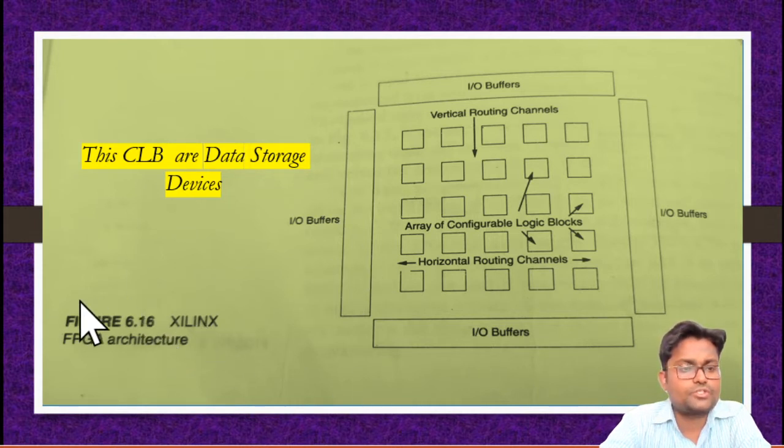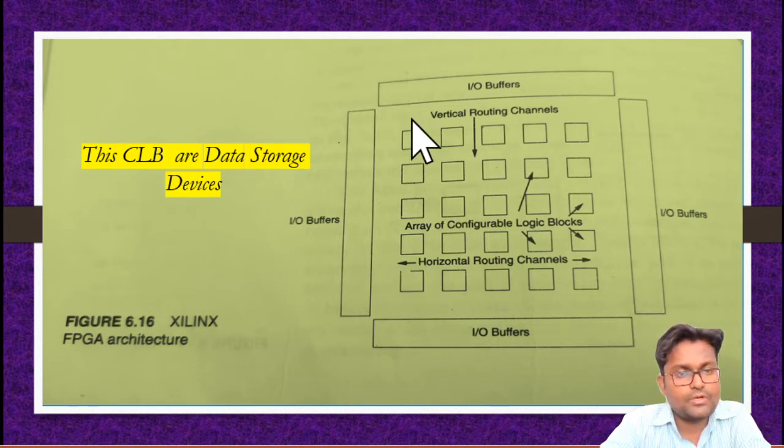We can see the architecture of the XC3000 series in our next slide. This is the whole structure of the Xilinx FPGA. Here this square block represents CLBs. CLBs stands for configurable logic block. The whole combination of these configurable logic blocks is known as an array of configurable logic blocks. These are the elements responsible for generating any function, and it can be done by using several multiplexers. We can see it in our next slide. These blocks are the configurable logic blocks, and for making any function, these blocks are responsible.